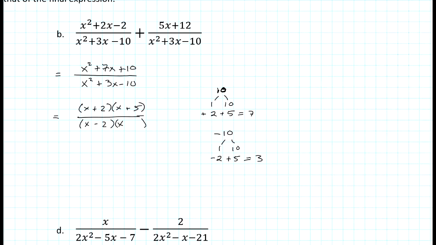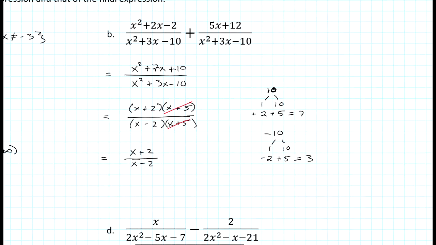So we'll do that, minus 2 and plus 5. So we can see now that we can cancel the x plus 5's. Those go away, and we're left with x plus 2 over x minus 2 on the bottom. So if we take a look at the domains here, move these over to the other side so I can